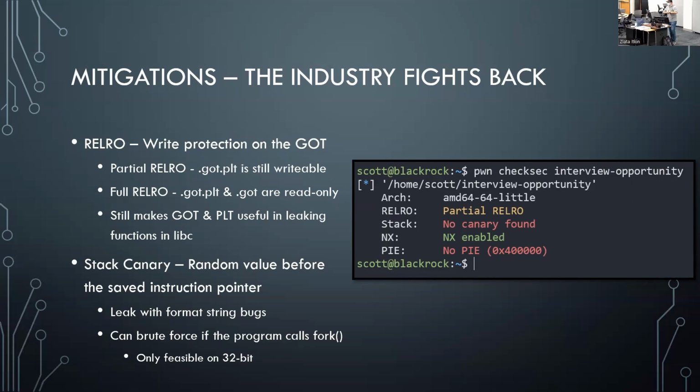I've actually seen a CTF challenge, I think it was some pwn.college stuff, where an interesting target you could do this on is Nginx, because they call fork to handle new HTTP requests. And you can brute force the canary one byte at a time, because the rationale here is that